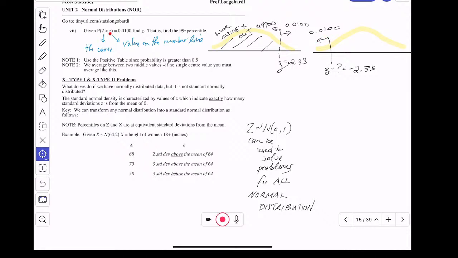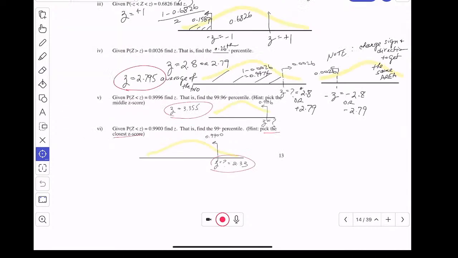The area that I'm giving is to the right. So it's the positive version that I want. In 7,